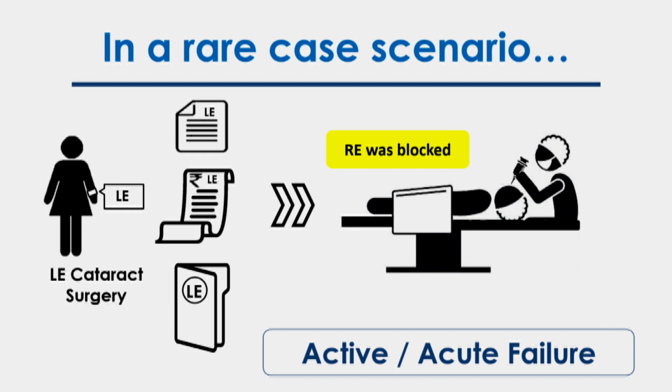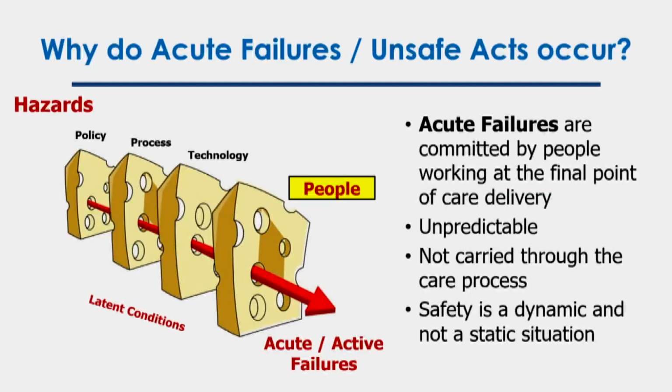He also checked everything right. That left eye, everything he checked. But when he came back and gave the block, he gave it in the opposite eye. So this is what we call an acute failure. This is a lack of presence of the person in that place. Lack of presence could have caused this. But this is not the common cause. These acute failures which are caused by people at the end of the delivery process are not common.